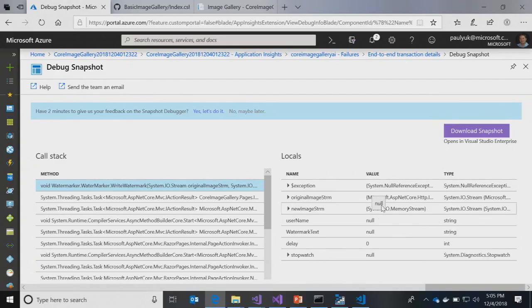Cool. And just to cut to the chase, I could open it in Visual Studio, but I think I have enough to go on here to ask you a question. The username is null, and then we're croaking on the right watermark. Any more ideas? Yeah. I looked at the code while you were drilling into that. As part of the watermark, to make sure that we know who things came from, I'm stamping a hash of the username into the watermark. And it looks like I had a slight logic mistake.